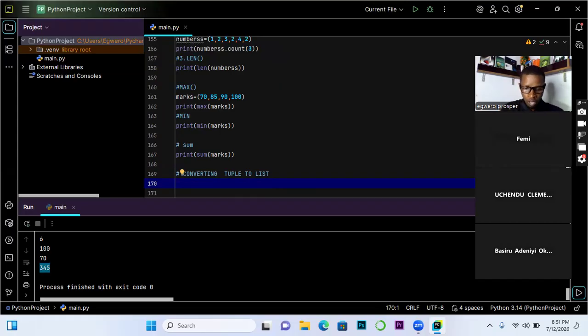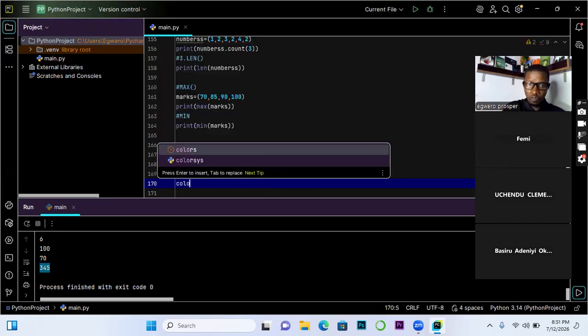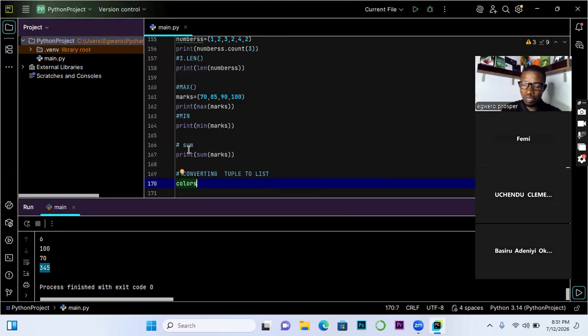We are saying store the converted value inside the same place, which means we are going to update it. So going forward, color becomes a list, no longer a tuple.